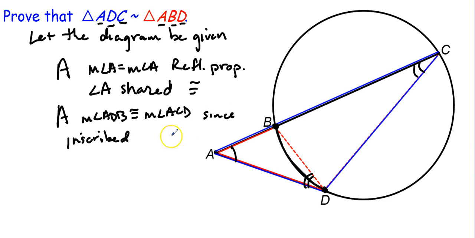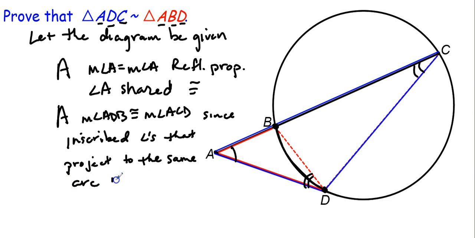So we're going to say since inscribed angles that project or subtend the same arc must be congruent. So what did we just show? Well, what we just showed is that these two triangles are similar. So by AA,